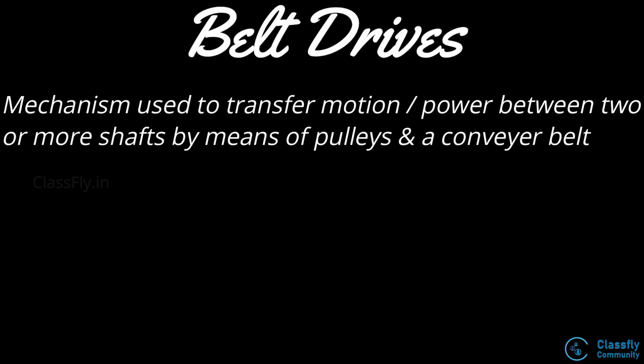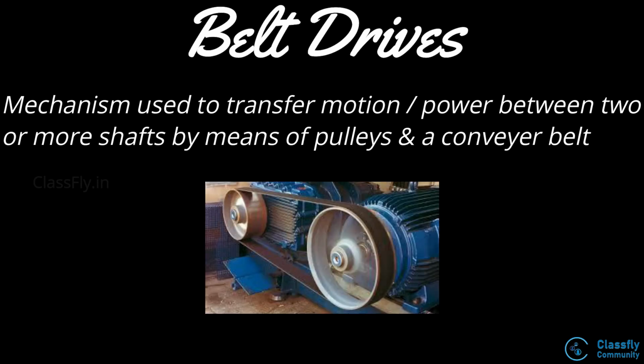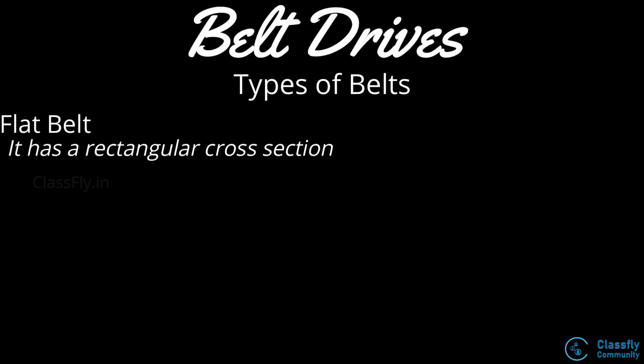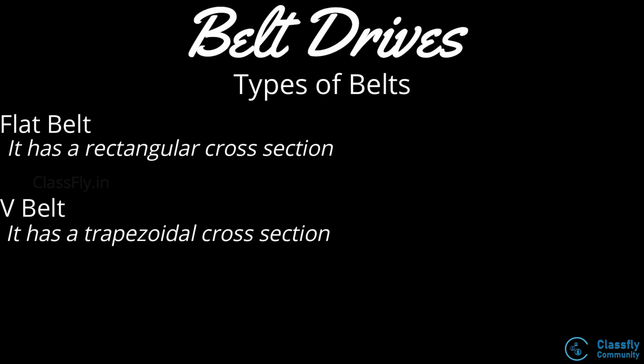Belt drive is a mechanism used to transmit power or motion between two shafts by means of rotating pulleys and a conveyor belt. Several types of belts are used in the process. We have a flat belt, which will have a rectangular cross section and width will be more than the thickness of the belt. The V belt, which will have a trapezoidal cross section, and then a circular belt which has